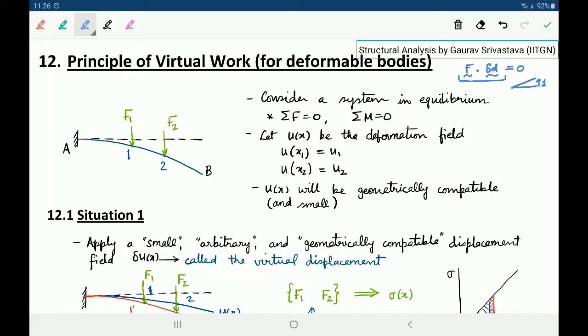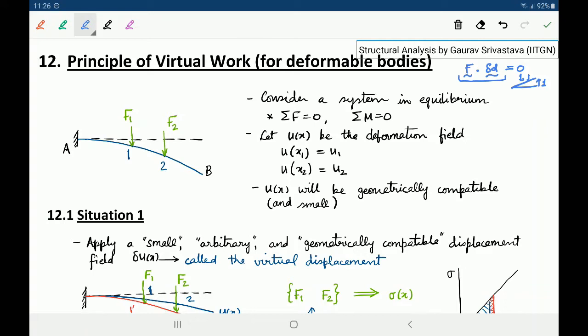as 1 also. Subsequently, for all of the forces which were applied on the body, we were calculating the overall work done, and then setting it equal to 0 was what was giving us the support reactions. So in the earlier cases, the bodies were rigid, and hence there was no question of internal virtual work, which means they were not deforming and the strain energy was not being generated.